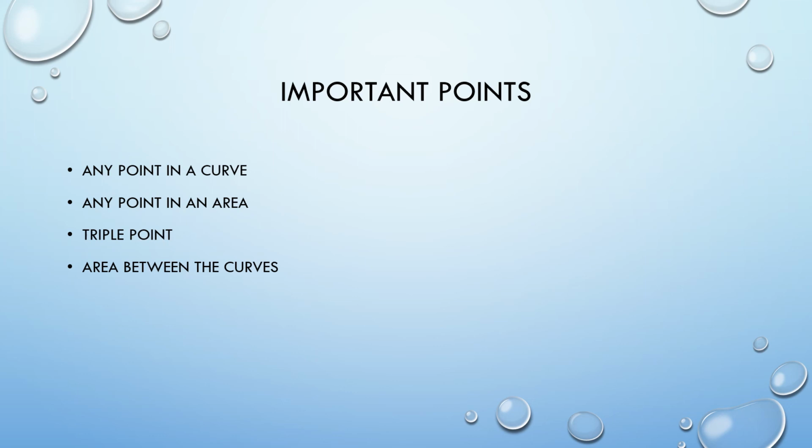Any point representing a state of equilibrium consists of two phases. If it lies on the curve, it is said to be monovariant. Any point lying in the region or area below or above the curves will consist of only one phase. It is said to be bivariant. The point where the lines meet will consist of three phases. Such a point, triple point, is invariant.